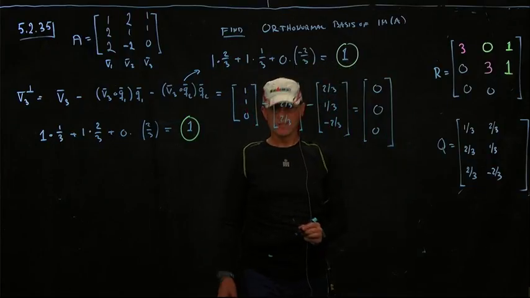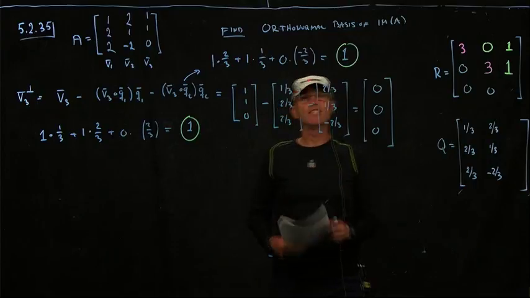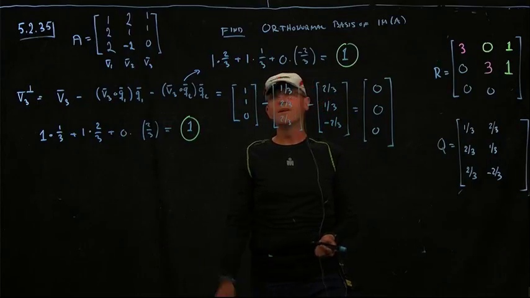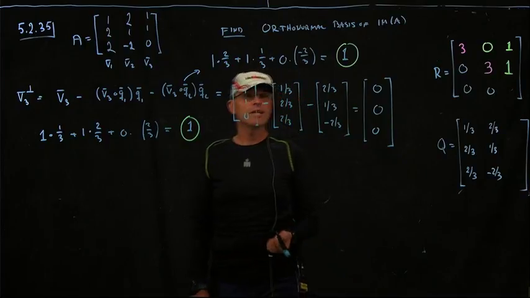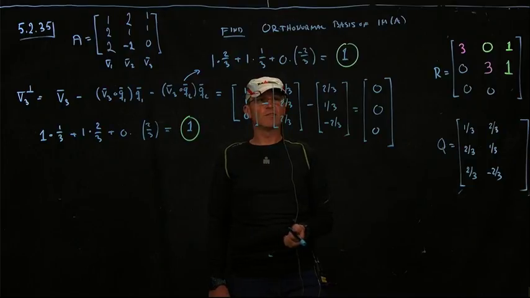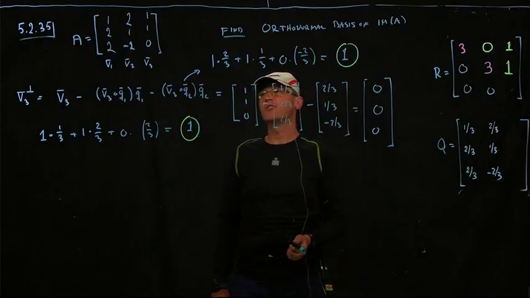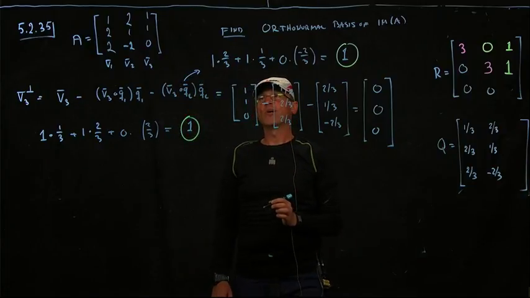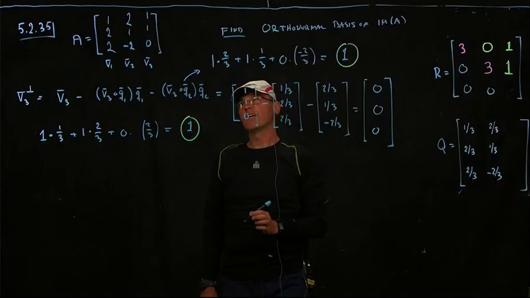That's strange, right? I don't know if it's strange, but it's different. All right, so what that means is that it's possible to write the third column as a linear combination of the first two. Right, so these columns are not linearly independent, right? And we can actually see that.